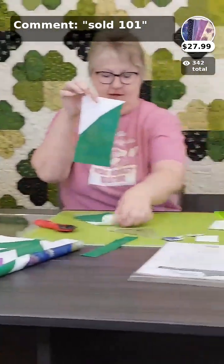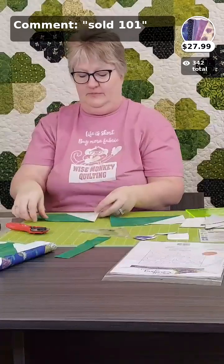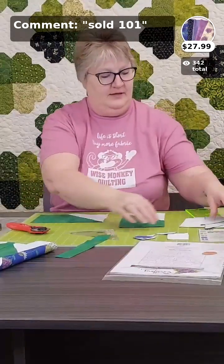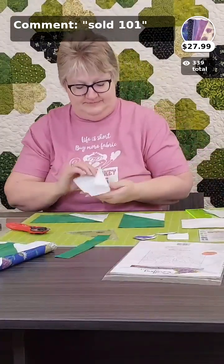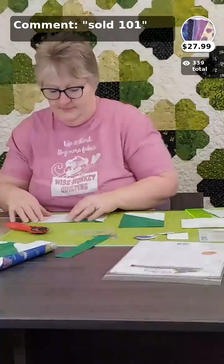All right, so there we have half. So now I want to do the opposite. So this one I'm going to lay across, and this one I'm going to lay up, and we're going to do the exact same thing that we first did. I'm going to lay my square on, lining up my edges,